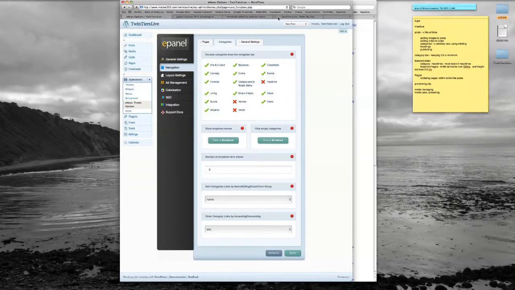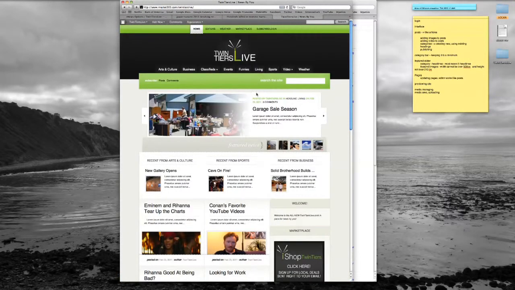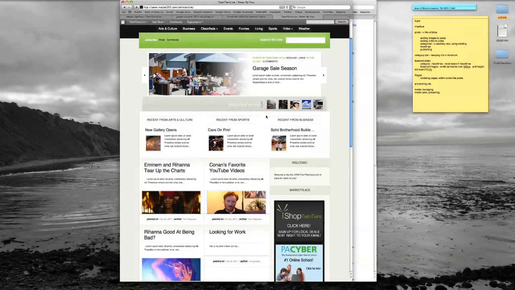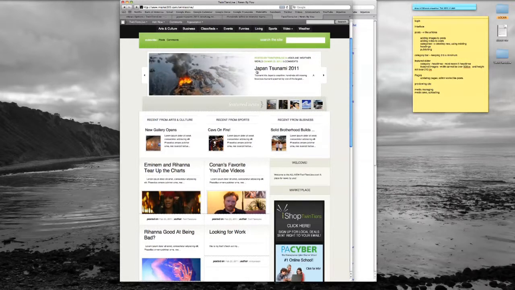Okay, let's go over the featured slider. The featured slider features the most recent 5 articles from the headline category. As you can see, we have our tsunami article, which we just posted, and then we have some other sample ones that I posted before. The key thing with this is that WordPress will grab the first image in the post,